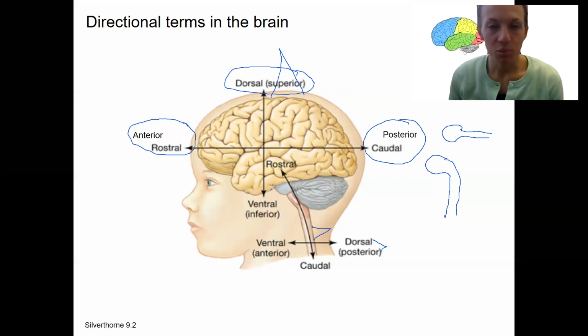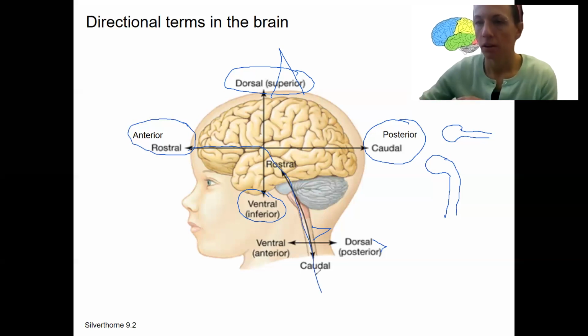Ventral then is the last one. In the brain, ventral and inferior are the same. So it's the underside. It kind of makes sense because of this turn that occurs, right? Rostral going to caudal, but then as we go down this way, we're going caudal as well. Okay,